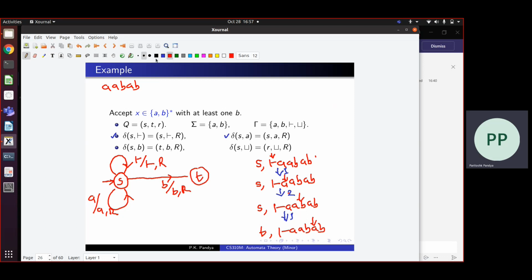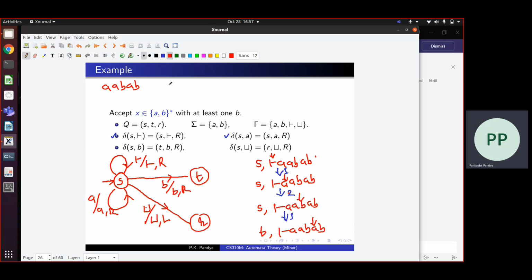Let me give another example. Well, there is one more transition to be written here. What happens if we never encounter a B, if the word does not have any B? So we'll skip all the A's using this transition, and at some point we'll finish all the A's and B's and we'll hit the blank symbol. So on encountering a blank symbol before encountering a B, we'll rewrite it again as blank, move one step to the left if you like, and we'll go to the rejecting state.